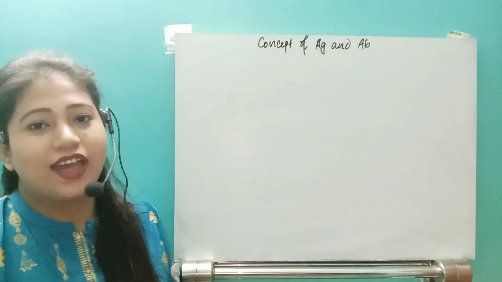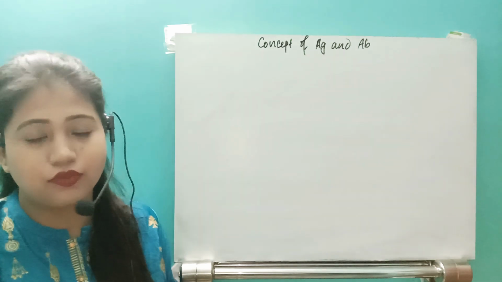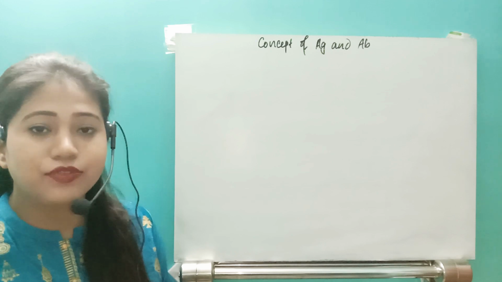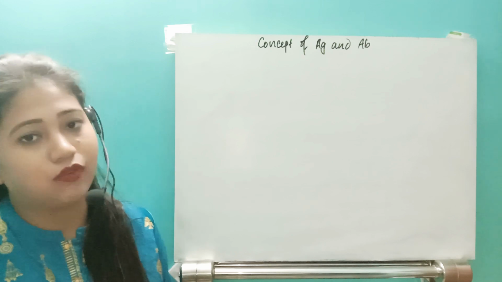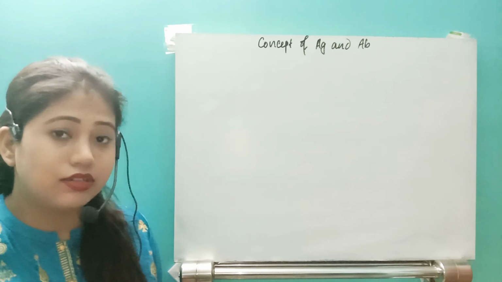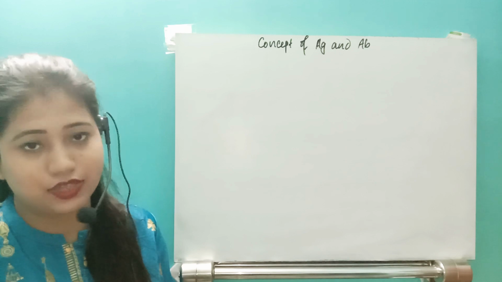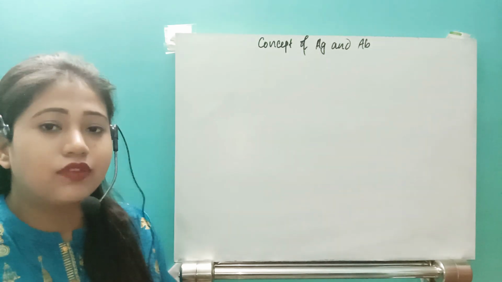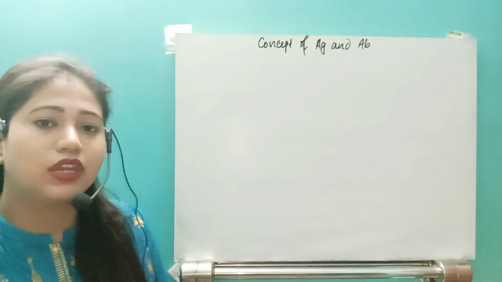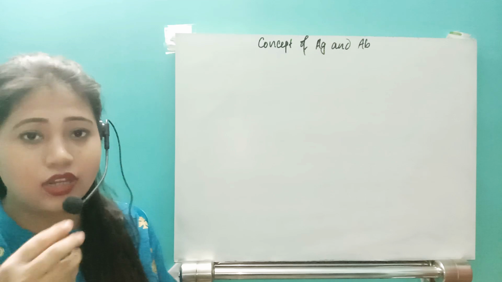Hello students, in the last video we have seen the immune response. So we have started immunity and we have seen the types of immunity, innate and acquired, and after that we have also seen the other type of immunity. We have seen the active and the passive immunity as well. And whenever we saw the immune responses, we understand how actually the primary and secondary responses work, and according to